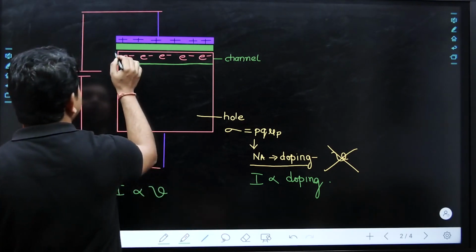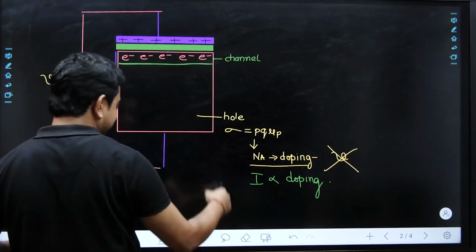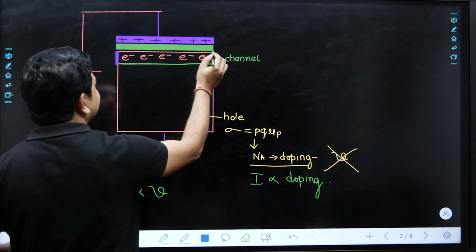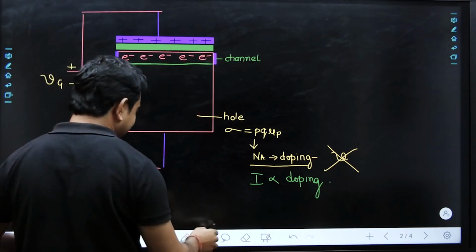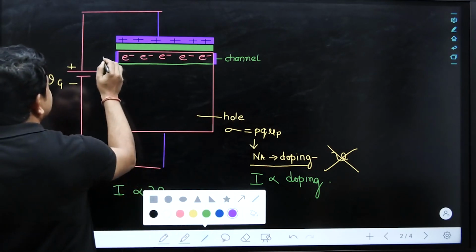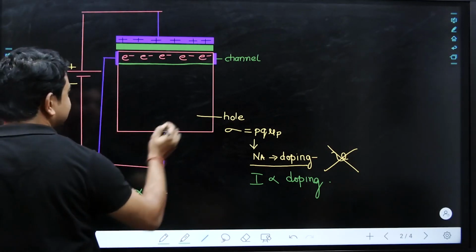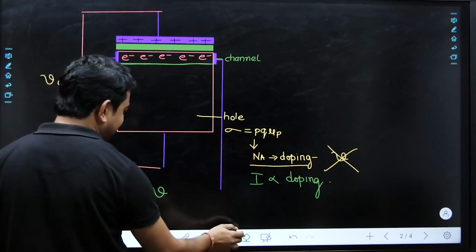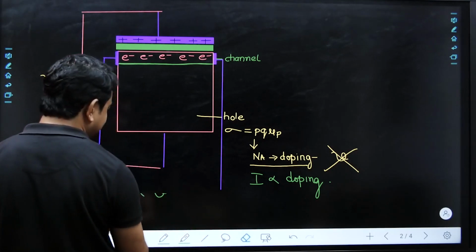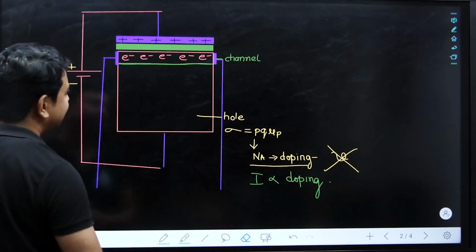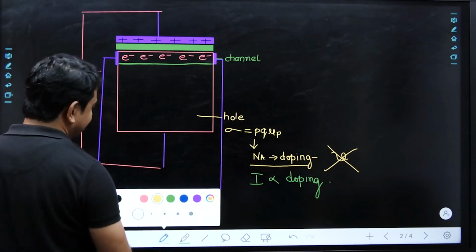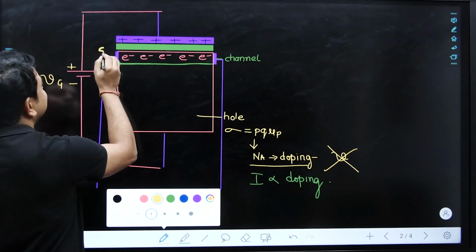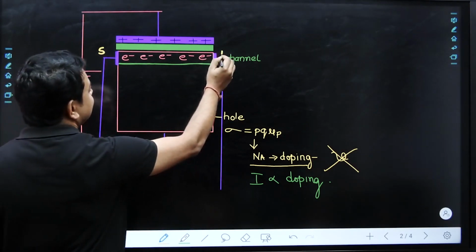Okay, so we are connecting two points here. This is one metal contact. I will tell you what this metal contact is later, but for now we are just connecting two points. This is acting as a metal contact, and we just need to apply a voltage. So what is that voltage? We are going to apply a voltage so that there must be a current flowing from this particular terminal. What is this terminal's name? Right now we are naming this terminal the source terminal, and this terminal the drain terminal.